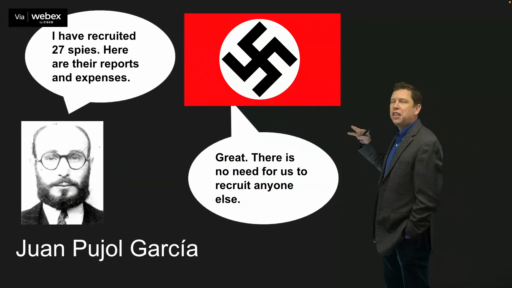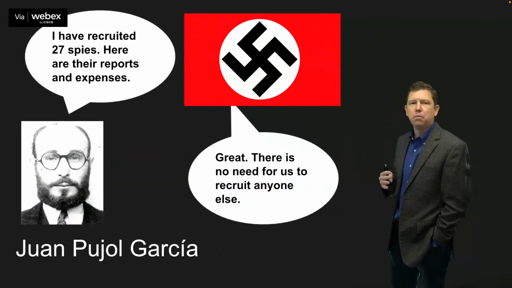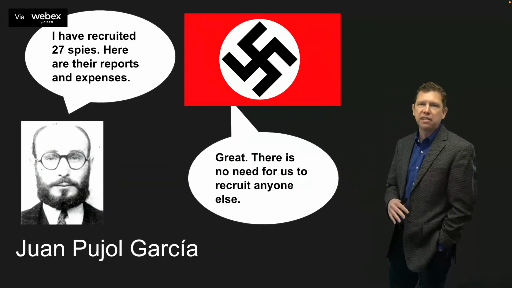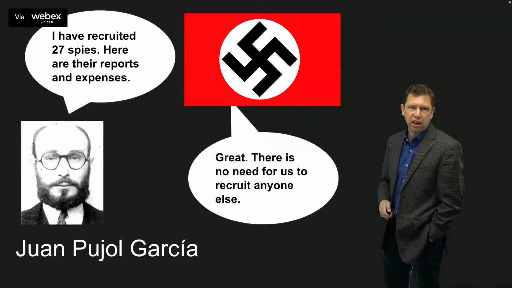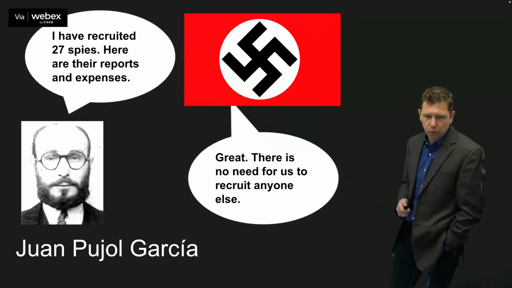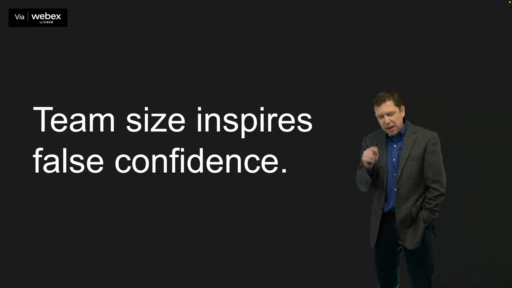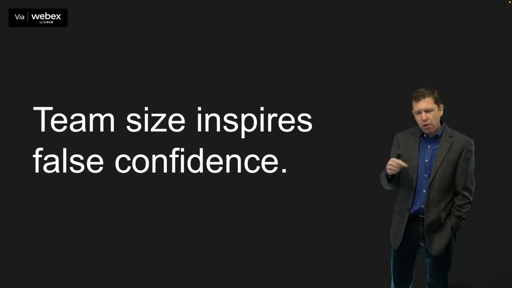Pujo's organization was so big in the Nazis' mind, and he was delivering so much information, that there's no need for us to get other spies and send them to Britain. We've got 27 agents there on the ground doing stuff for us. So this brings us to something that, in looking through this and thinking about how he was able to deceive